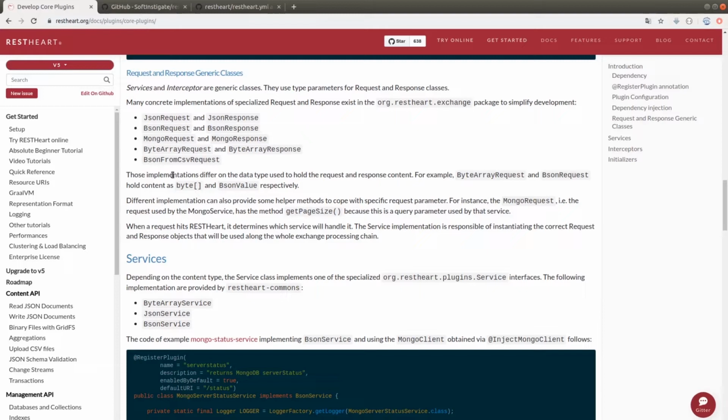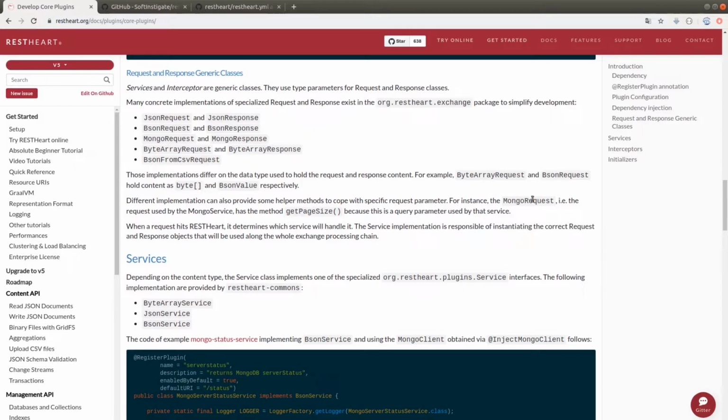The advantage of these implementations is in the possibility to manage the requests and the response content in an appropriate way. For example, the byte array request uses a byte array, while the BSON request uses a BSON value, which is MongoDB specific. According to the implementations used, it is possible to use additional methods, that is, some helpers, to better manage the parameters found inside the requests.